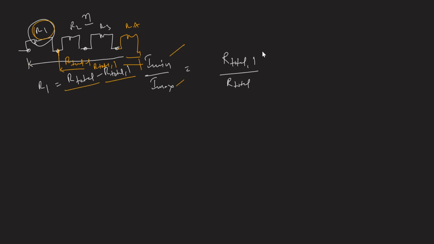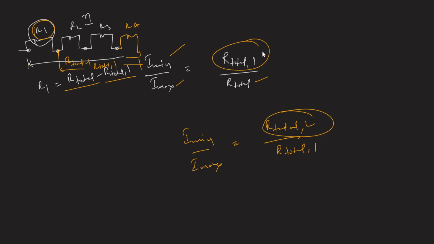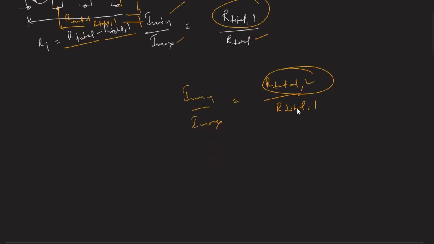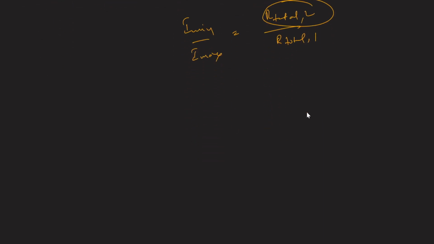So I minimum I know, I maximum I know, R total I know, then this can be calculated. So likewise for every equation, I minimum by I maximum is equal to R total 2 by R total 1. So once I know the R total 1, I can calculate R total 2 like that. Right? So this is how you design a starter, the number of sections and the resistance values of each section. If you quickly take up a small exercise problem, you can simply understand.